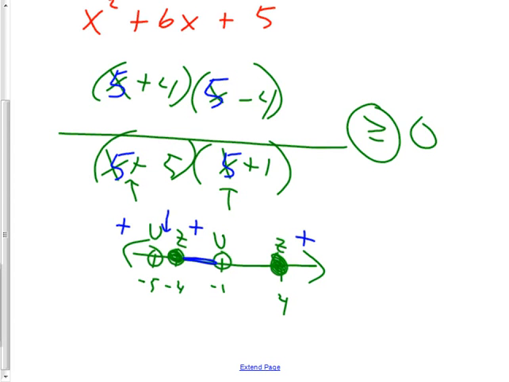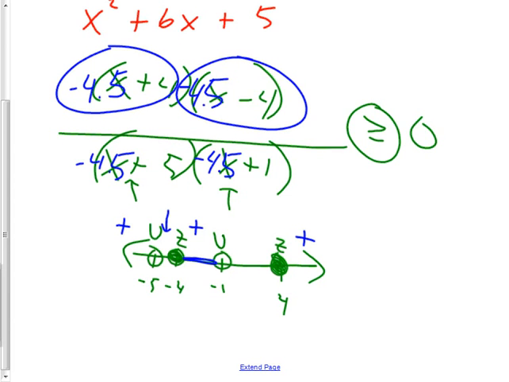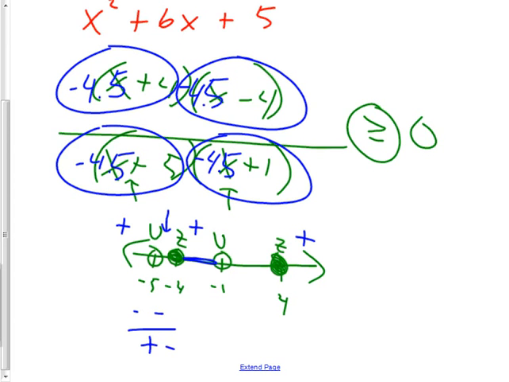Do you think it works in here also? I'm going to try negative 4.5. And that would be negative, negative, positive, negative. That would be negative, so it's a negative in there. It does not work. That is a really classic mistake, though. Check your intervals well. All right, your assignment is a review worksheet I'm about to hand you. I strongly encourage you to do all of it and